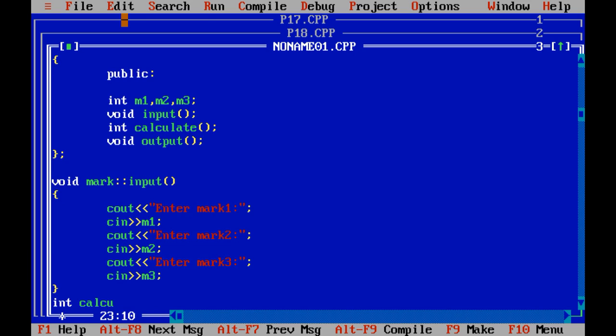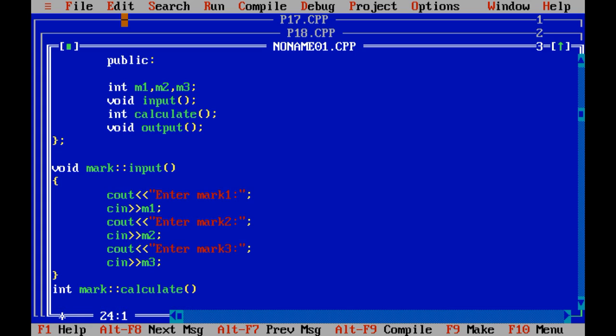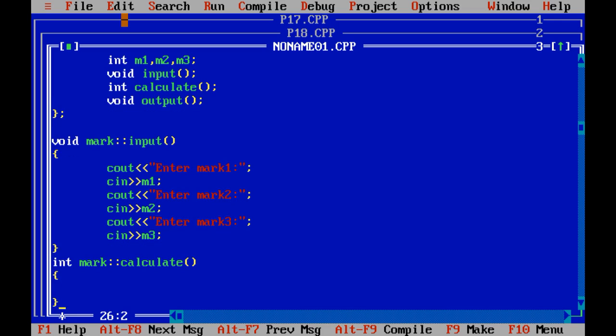Integer mark scope resolution operator calculate. I need to write a return statement because we have taken the integer data type.